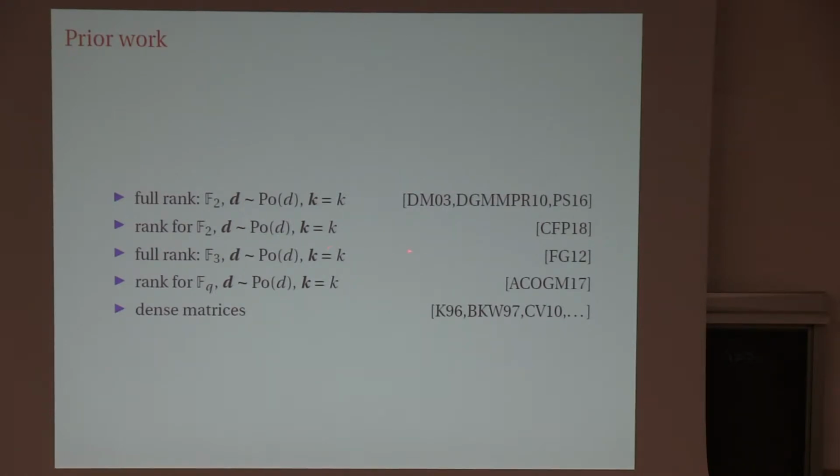The first major breakthrough was made in a paper by Dubois and Mandler in 2003, who looked at this problem in the special case that there are precisely 3 non-zero entries in each row. In fact, these entries are 1 because they looked at the field F2. And the number of non-zero entries per column is a Poisson distribution. In computer science, this would be known as the random XORSAT problem. Now you can imagine, so long as you have very few rows, so long as your matrix is very, very flat, very thin, as it were, the rows are going to be linearly independent, so the matrix is going to have full rank. The rank is going to be